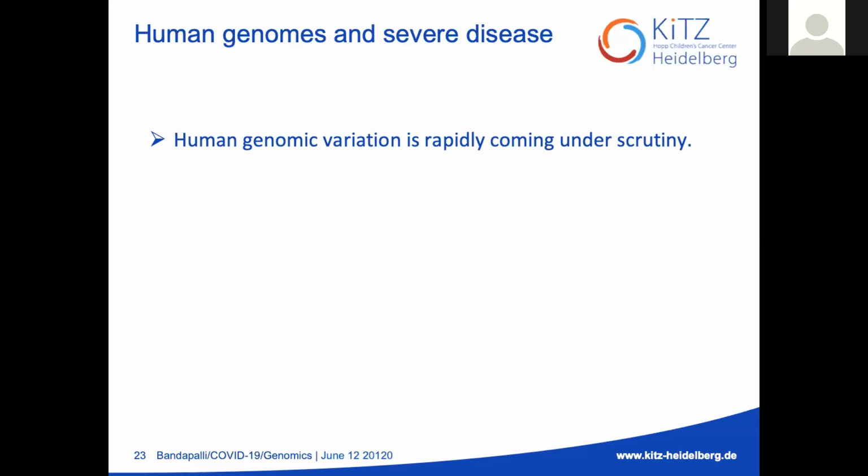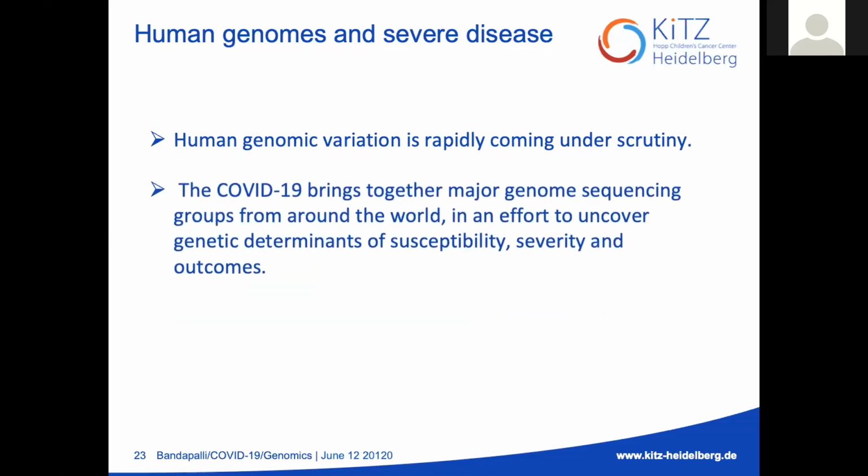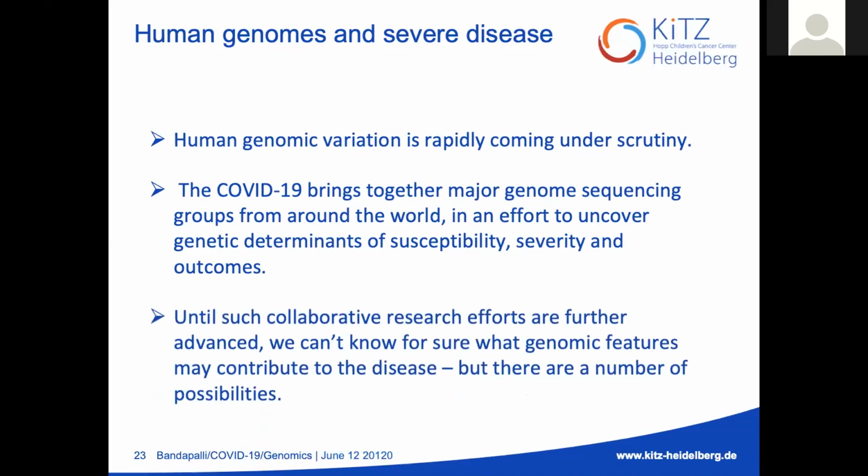Human genomic variation is also different. For example, if you take the Asian population, Western population, European population and non-Finnish European population, the SNPs are different, and they may affect the severity of the disease. So with the major genome sequencing efforts around the globe coming to an end, they will probably shed some light on how all this background information plays a role in disease severity and treatment options.